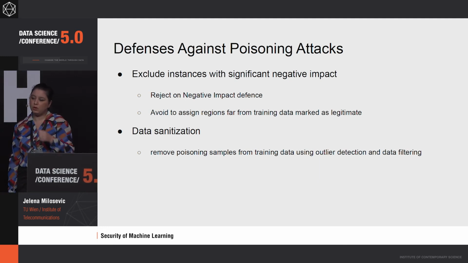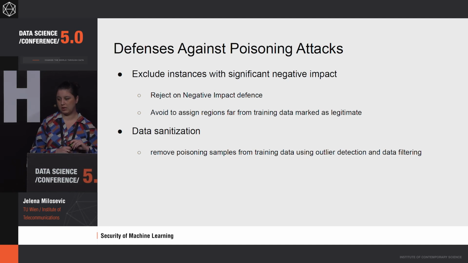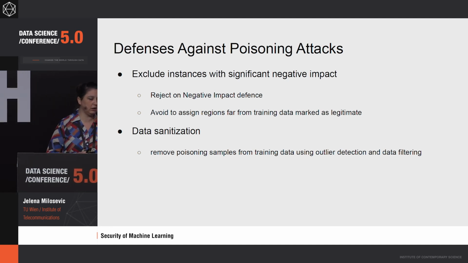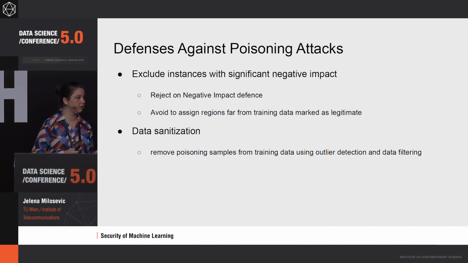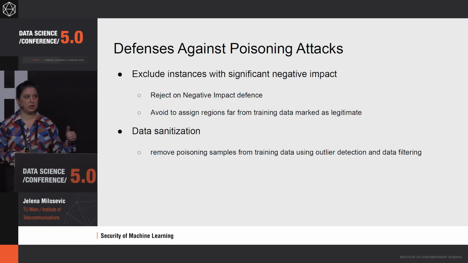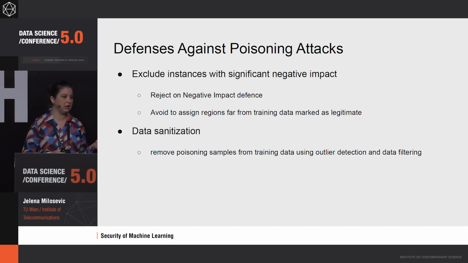With respect to the poisoning attacks, there are different ways that are currently proposed. The first defense is something that is called RONI, reject on negative impact. The main reasoning behind this defense is that if we see an instance that is significantly different than others, we don't accept it. And the other way is also that if we haven't seen an instance in the training phase, we avoid assigning that